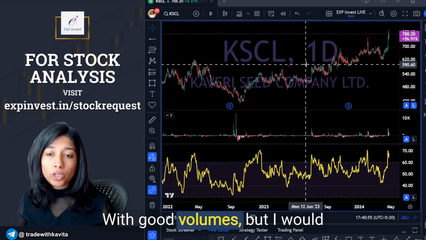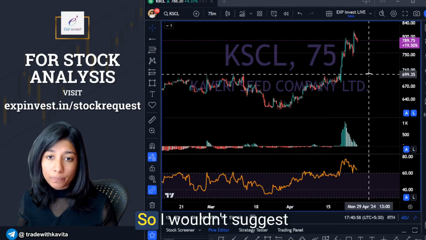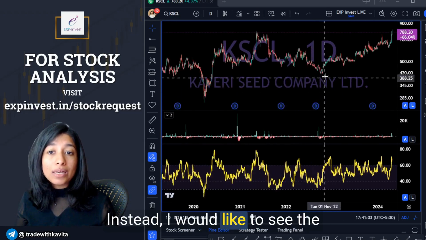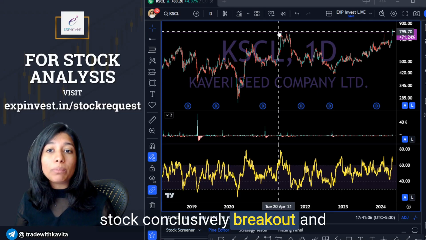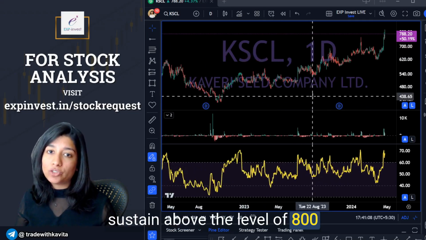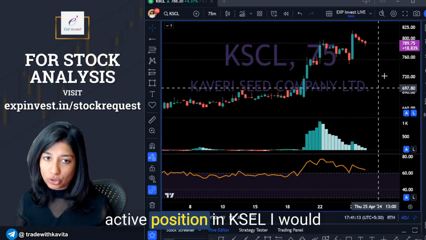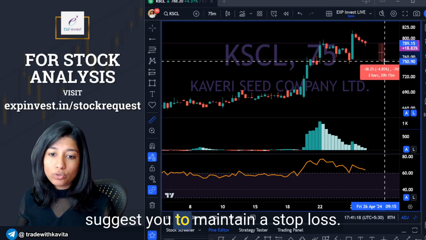with good volumes, but I would like the volume to hold up. So I wouldn't suggest a fresh entry right now. Instead, I would like to see the stock conclusively break out and sustain above the level of 800 rupees with strong volumes. But since you already have an active position in KSCL, I would suggest you to maintain a stop